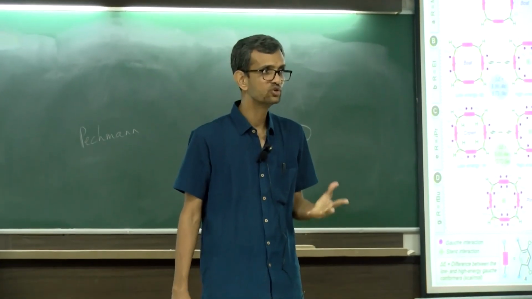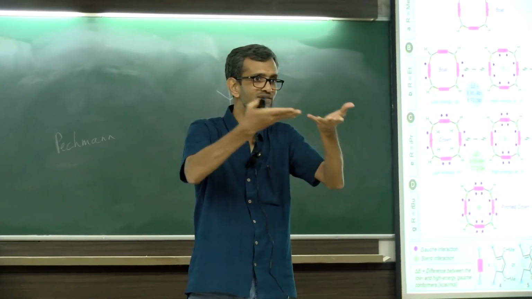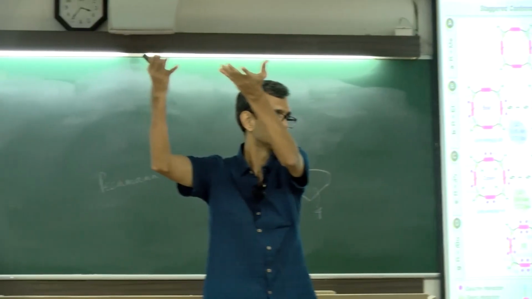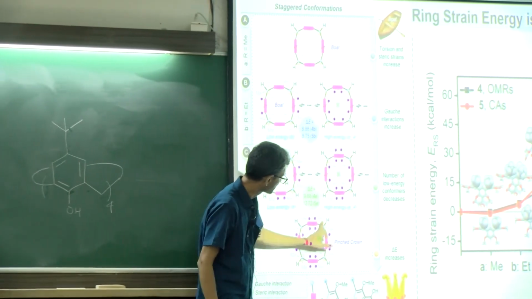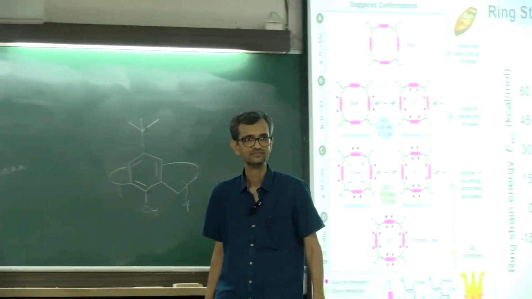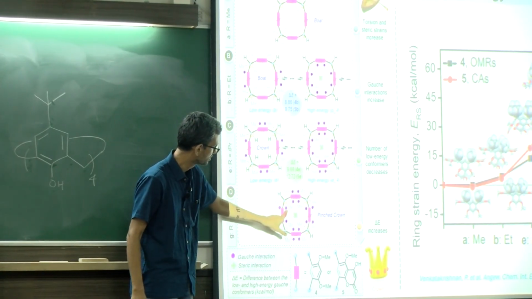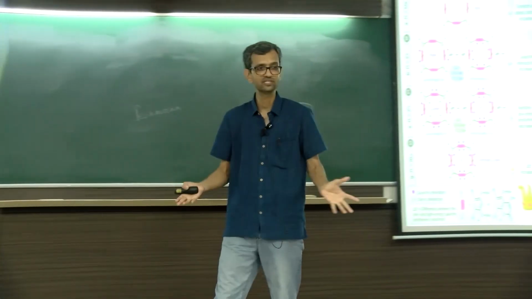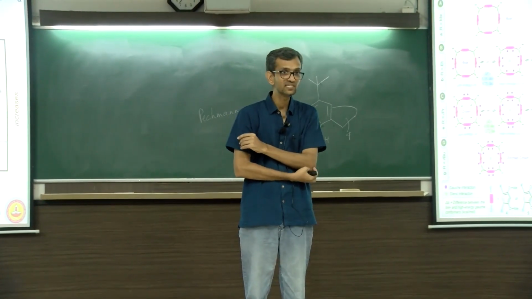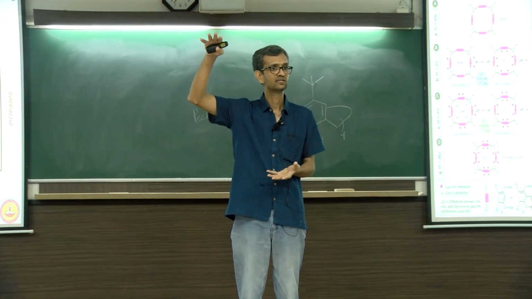So what you are basically doing is by adding extra methyls, you are increasing the energy of the system, okay. And if you are having tertiary butyl, how many gauche interactions can you encounter per carbon? 1, 2, 3, 4. So for 4 carbons, it's going to be 16 gauche interactions, which is going to lead to a very high energy conformer,